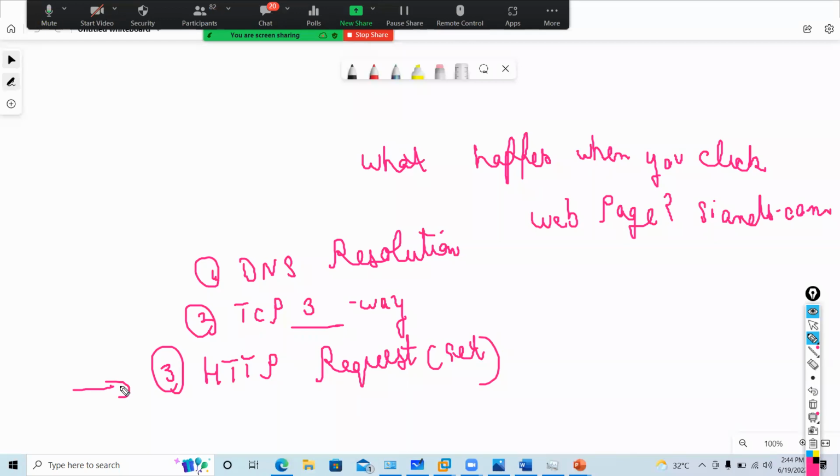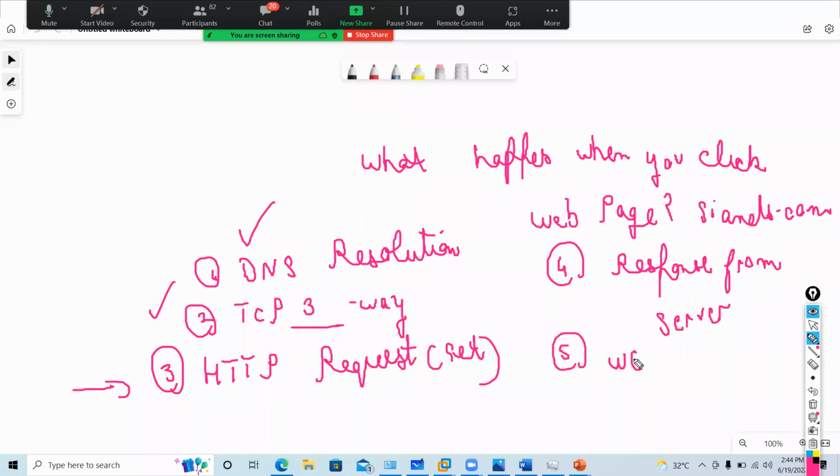So this is how traffic will flow. First DNS resolution will happen, then the three-way handshake, then your HTTP request will be sent. Then you will get a response from the server, and then you will get your website. So this is how your traffic flows, guys.